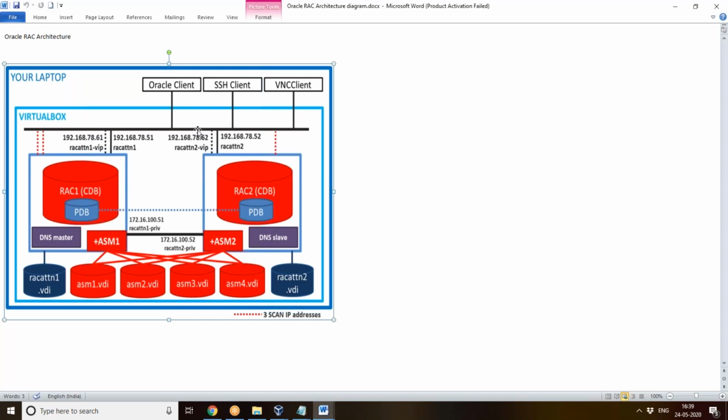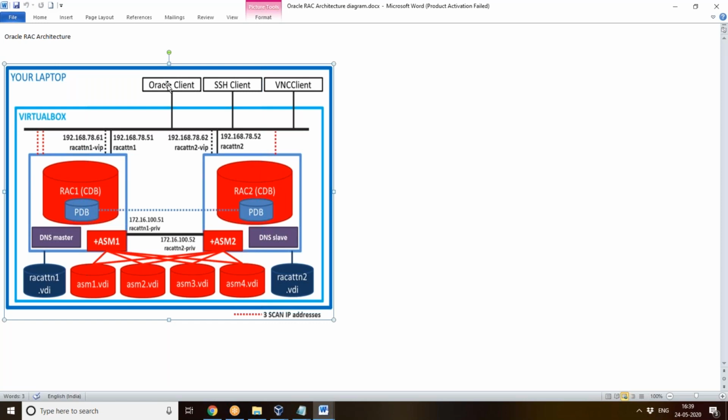Fine. So that is the meaning of these network IPs. We have 4 IPs here. One is the public IP, through which the applications get connected to the instances. Then you have your private IP, through which the instances connect between themselves. And you have your VIP. With the VIP, if the instance crashes, the application can fail over to the other instance.